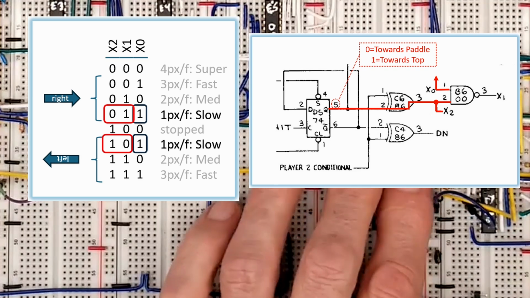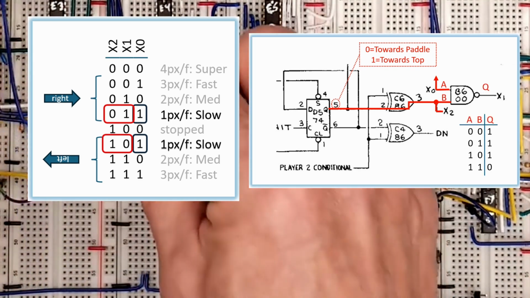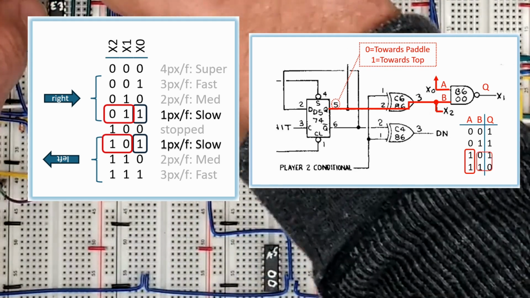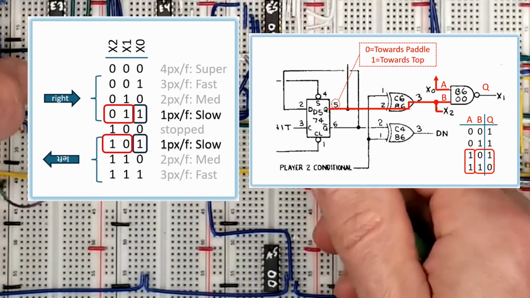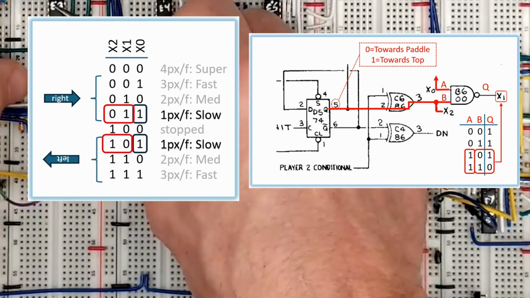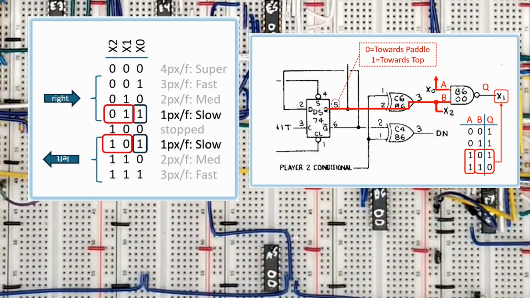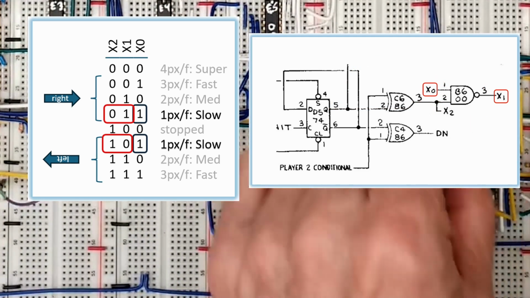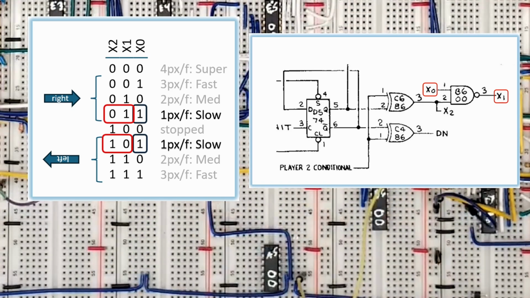You remember from the paddle logic section that if one input is held high, a NAND gate acts as an inverter for the other input. Here it generates the inverted X1. X0 and X1 go through more logic to make them into CX0 and CX1, but for now we'll hook them directly to the X counter load pins.